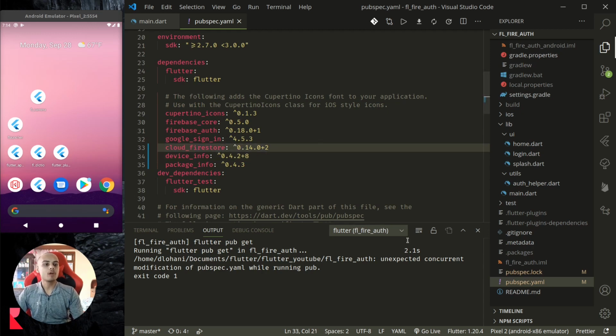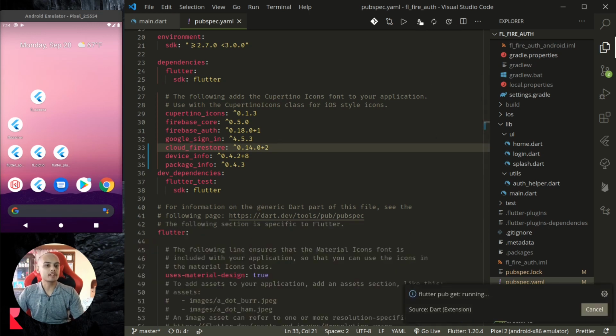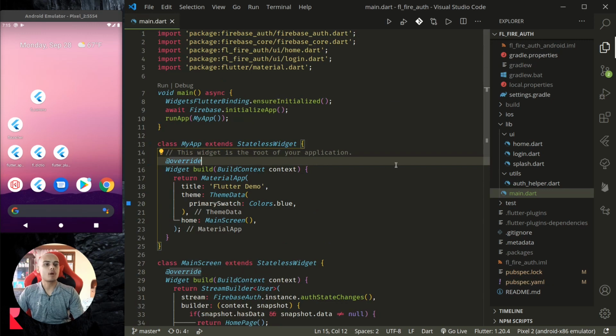Okay, now we have the dependencies. We can run flutter pub get or get packages, or sometimes it should run automatically when you save the pubspec.yaml file. Once you get the dependencies, now if you are already running your project, you need to run it again. But before doing that,